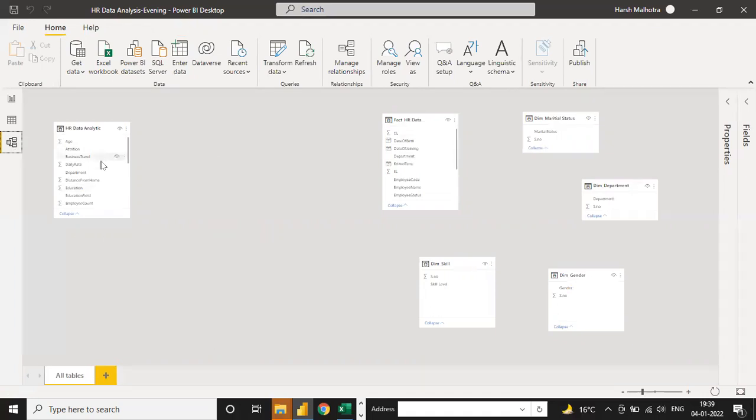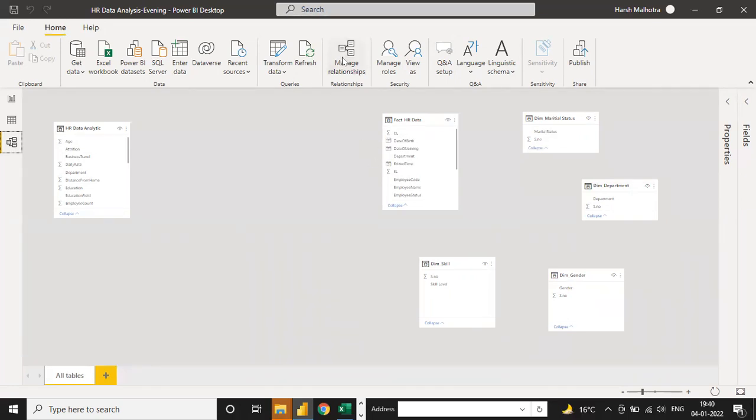So this one is category 1. For category 1, we don't want to make a relationship, because we have only one table, which is a fact table. If you have only a fact table in the data, then we don't need to make a relationship. But if you have a fact table as well as a dimension table, then you have to make the relationship. So a relationship is only made when you have two or more than two tables. You have to remember this.